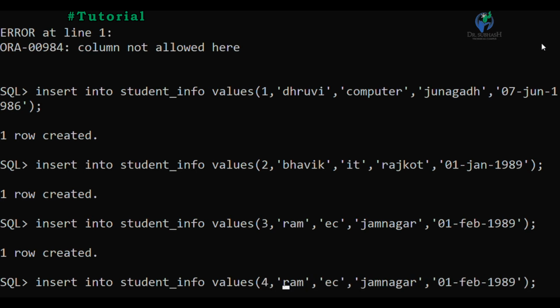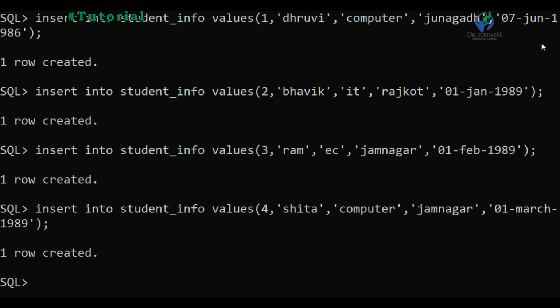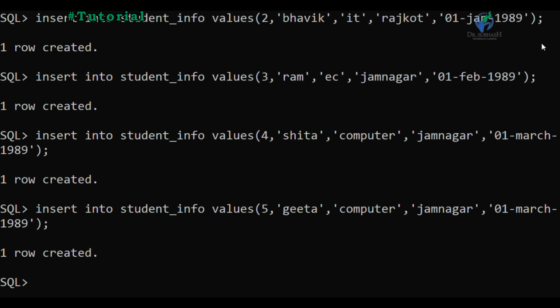Let's do the same. The fourth record is inserted, and at last I insert a fifth record.